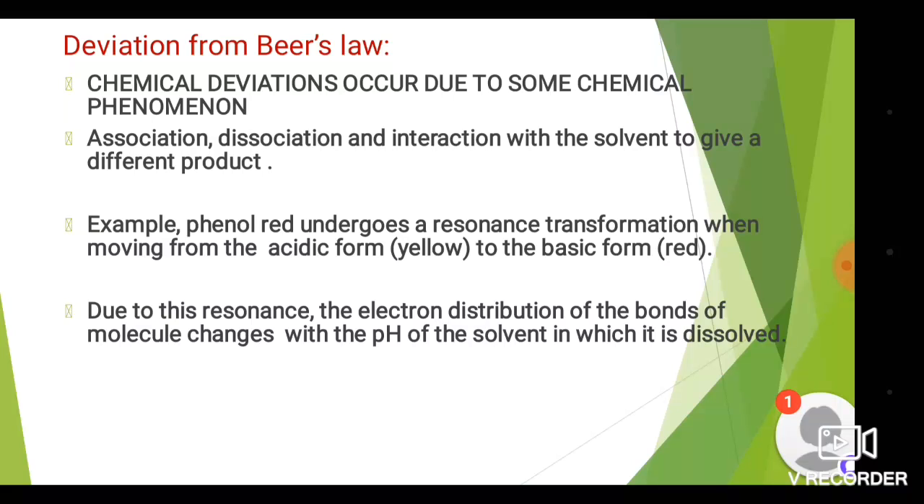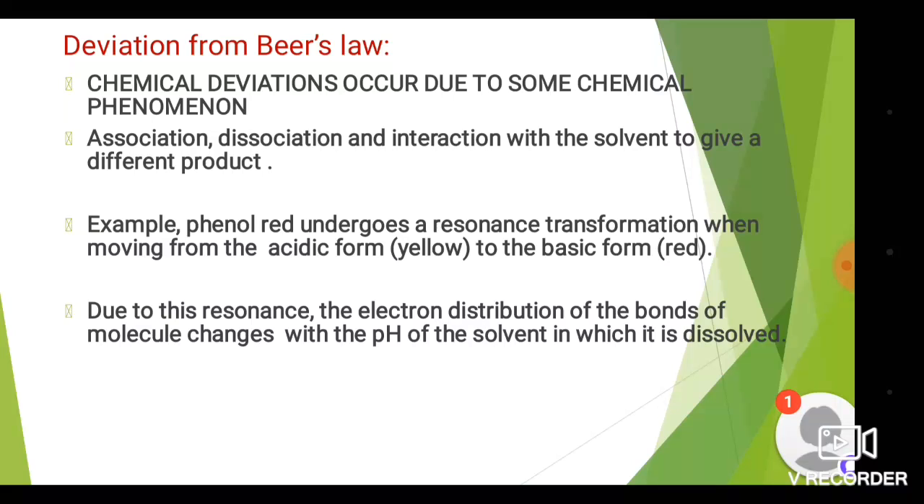So there is a change in the color, which changes due to the change in association or dissociation, or a reaction occurs. This phenol red undergoes the resonance transformation, then it changes the color. Due to this resonance, the electron distribution of the bond of the molecule changes with the pH of the solvent in which it is dissolved. So in acidic medium it shows a different color, and in basic medium it shows a different color,